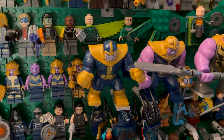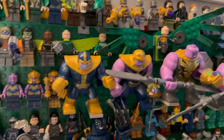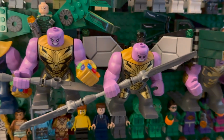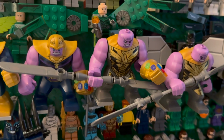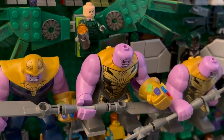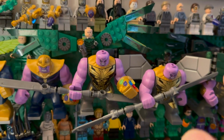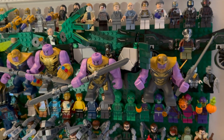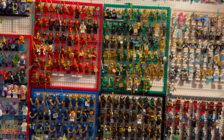original comics-based design being the first time we actually got him in minifigure style form, and then of course we got a ton of different versions of the character for both Infinity War and Endgame and beyond. And this actually did pioneer the brand new system of LEGO Bigfigs, which have detachable heads, so you can actually give them head turning articulation, which is something that was previously lacking from pretty much every other Bigfig that we got. But in between those, we got a lot of other licensed and non-licensed Bigfigs, even from some of the